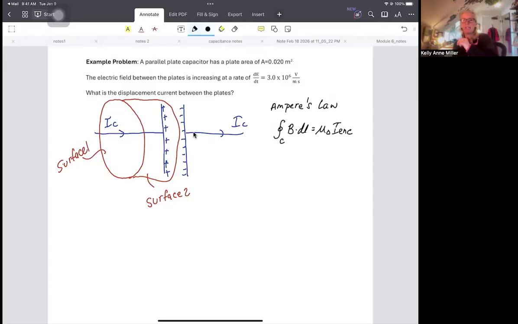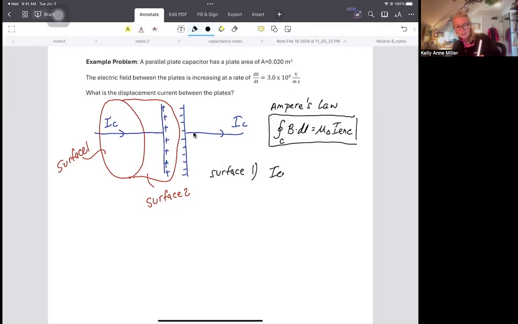Remember, when we did it, we made a big deal about the fact that we could draw literally any surface. It didn't matter the shape of it, and this relationship should hold true. Okay, let's look at the two surfaces, using just the regular Ampere's law, not the enhanced version. So for surface one, which is the simple one on the left,